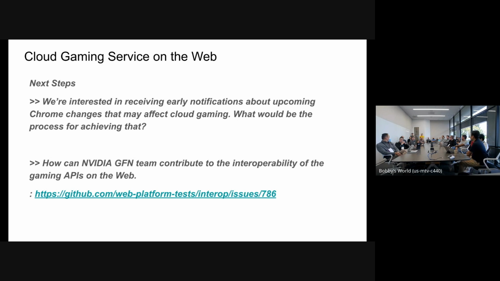Rick, did we do a PSA for the pointer lock permissions changes? Yeah, and you saw it, right? There was an announcement about it, and you saw that. So that was a positive thing. But we only gave people a month. It was a little late. The Blink intent wasn't as early as it could have been. So I think we can always strive to put intents out as early as possible and not just when we're ready to ship.